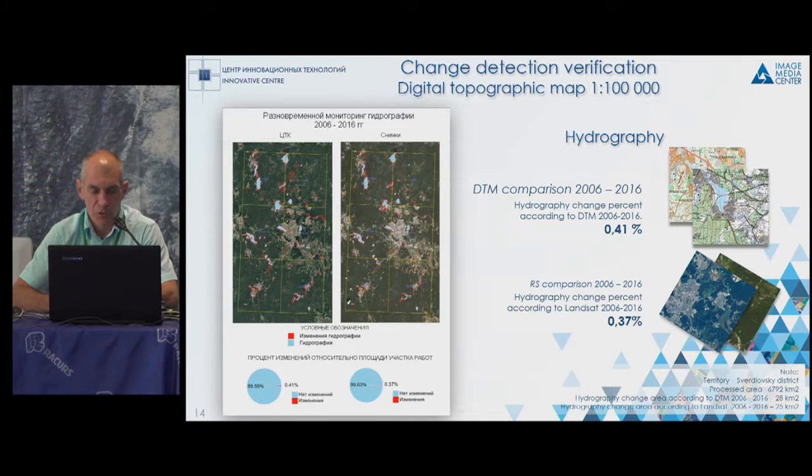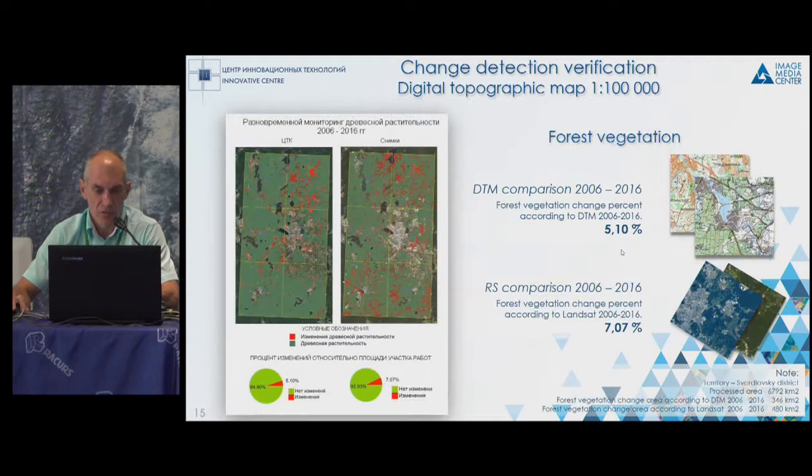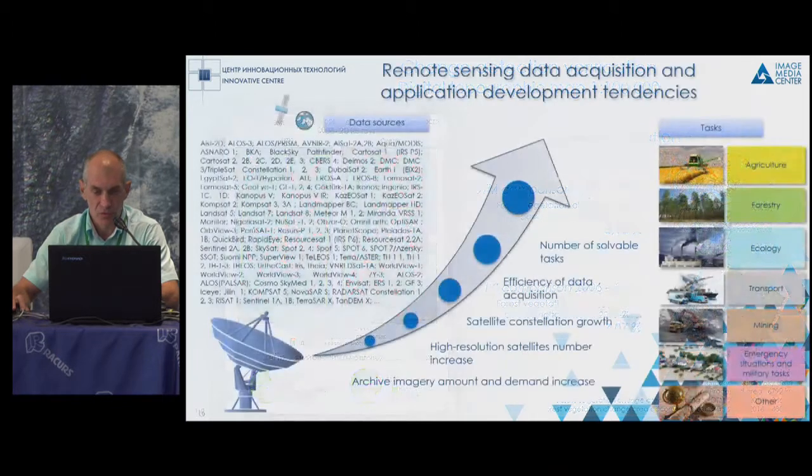What was the main particularity of that? We compared images one to another, maps to maps, and maps to images. Everything was done automatically. And the error here, you can see 0.41%, 0.37%. In other words, the accuracy of algorithms was confirmed by different materials, and the precision was in line or even higher than our expectations. We did it for the forest vegetation, actually.